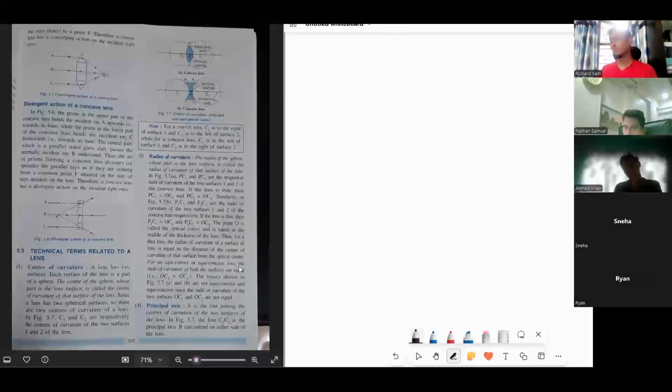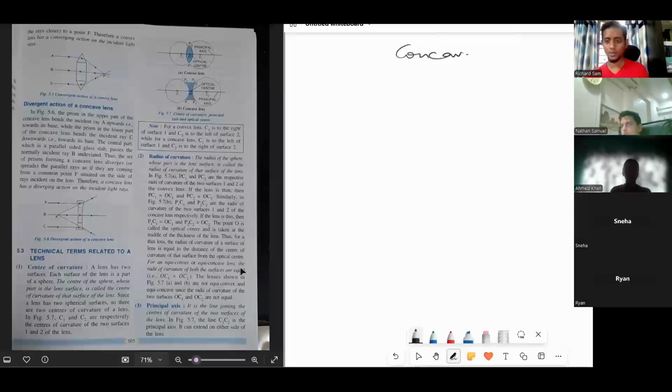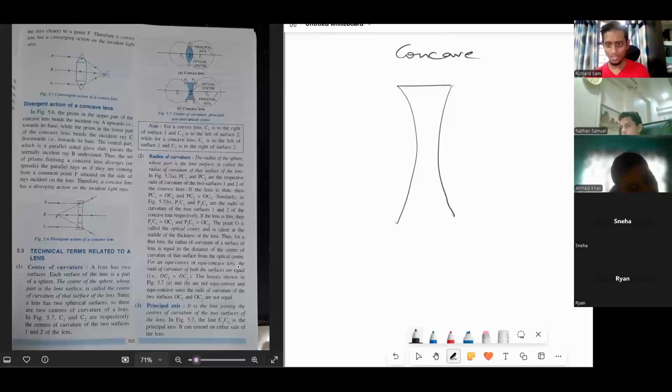Okay, we'll see the same thing for a concave lens now. So concave lens, we will only draw one diagram now. How do you draw a concave lens? I'll show you the right way to draw the concave lens after explaining some words. For now, we'll just draw it. Like this, a line passing through the center. Forget the line. So if there's a ray of light now,